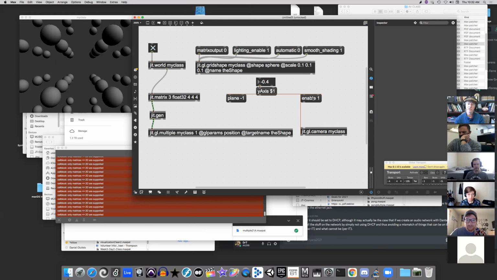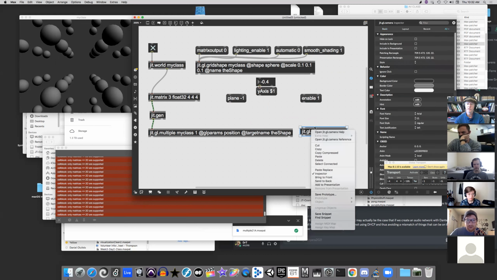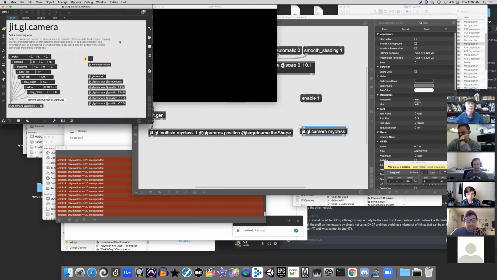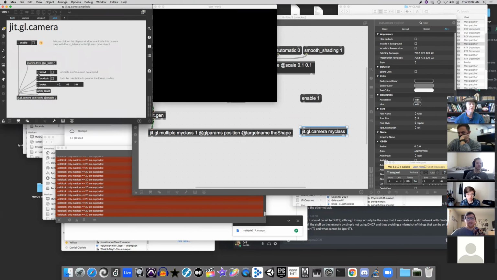And what this is going to do is, well, we can look at the help file for this. Over here, there's a little setup that allows us to use game style controls. So W to move forward, S to move backward, that sort of thing, and use the mouse to turn. And it says mouse click on the display window to animate this camera view with the UI listen enabled GI